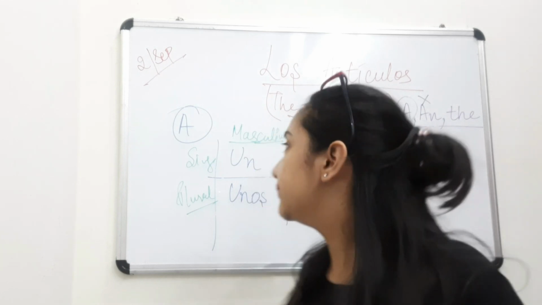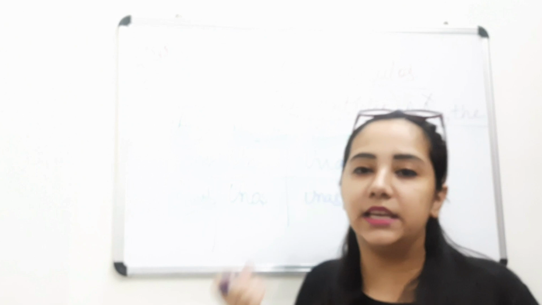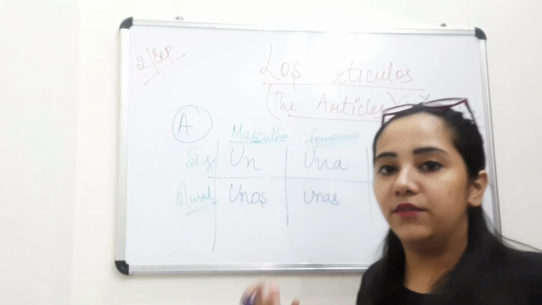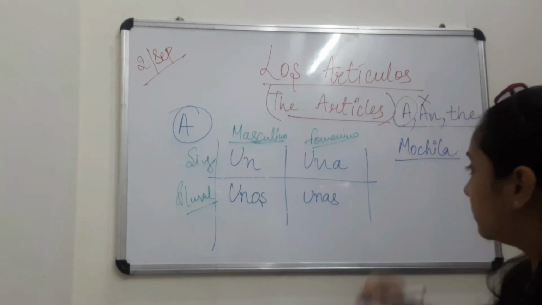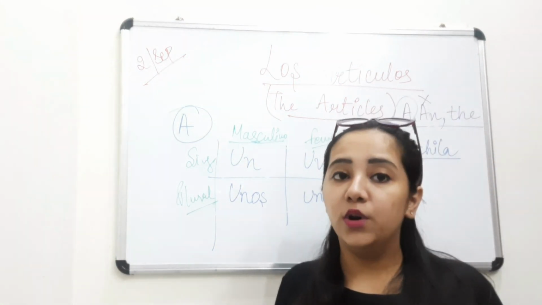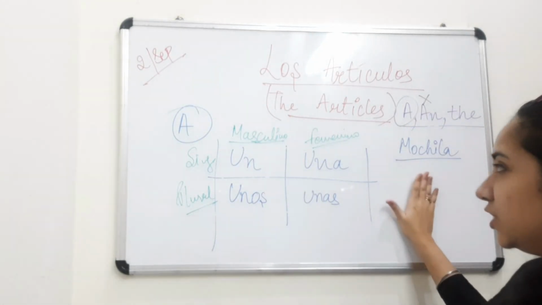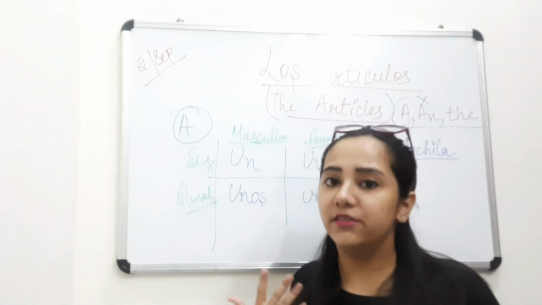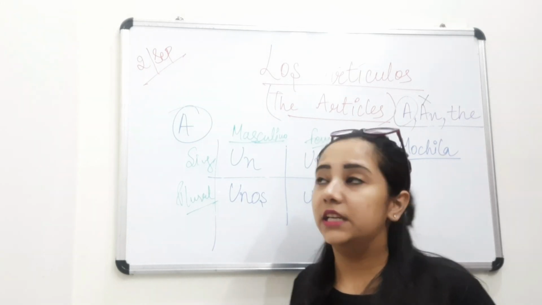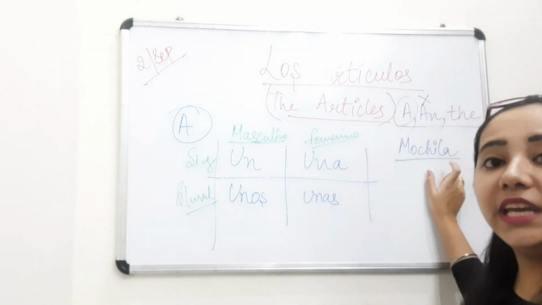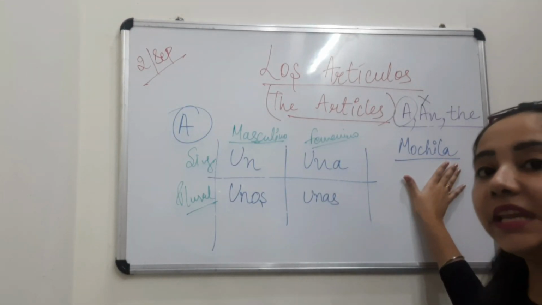For example, we have done the class things last time, I guess, in the live session, yes. So we have learned mochila and all such words. So mochila. Now, first of all, you will identify the gender. Mochila, what is mochila? Mochila is bag, yes. Now, is it feminine? Is it masculine? Is it neutral? It is feminine, ending with a. So I know this is feminine, so I will put a feminine article.